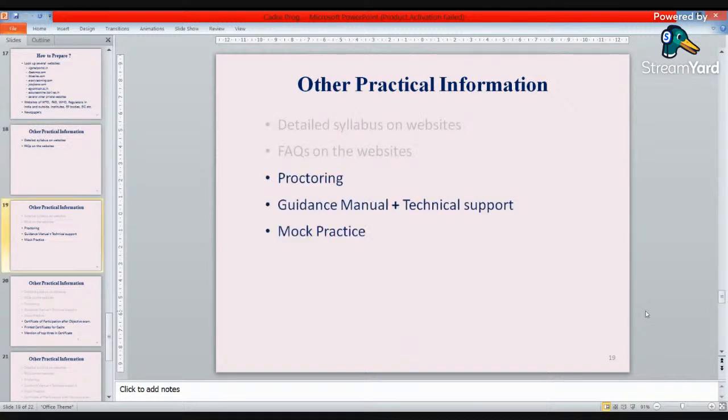Proctoring. Proctoring will be there. So your camera should be on. If your camera is not on, you get disqualified. Yes, I agree that you may have to do some calculations of the examples that I gave you. So you need a paper, you need a calculator. That is allowed, as long as your paper and calculator are within visible distance of the camera. Your desk space should be visible to the camera, and these things should not be kept more than 1.5 feet away from the camera.